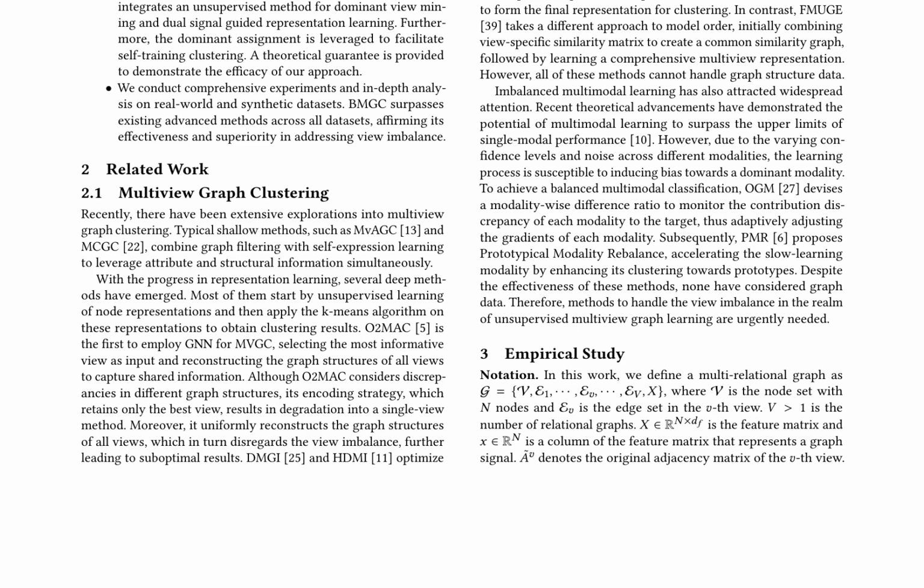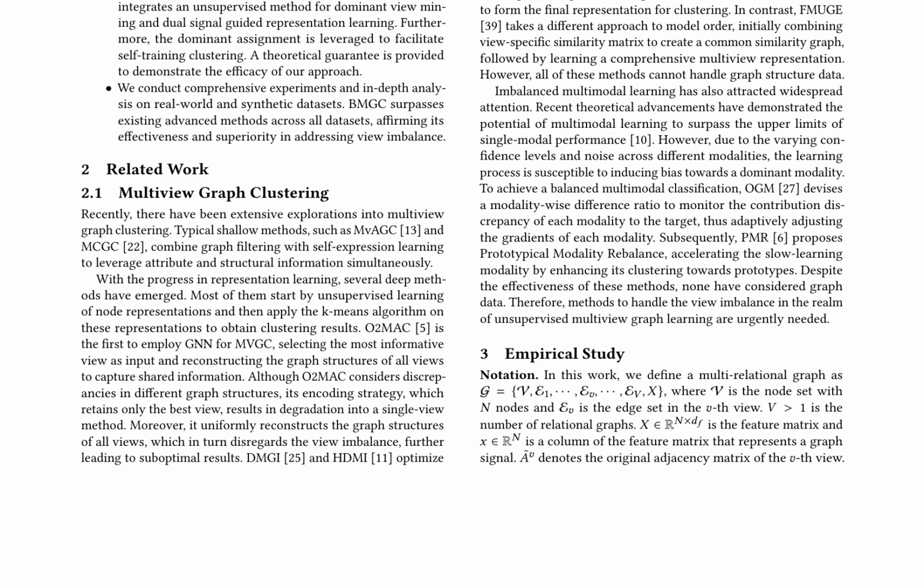The related work section discusses various multiview graph clustering methods, such as MVAGC, MCGC, O2MAC, DMGI, and MGCCN, which all failed to address view imbalance. The authors also review imbalanced multiview learning methods, such as decision-level fusion and similarity graph-based approaches, which are not applicable